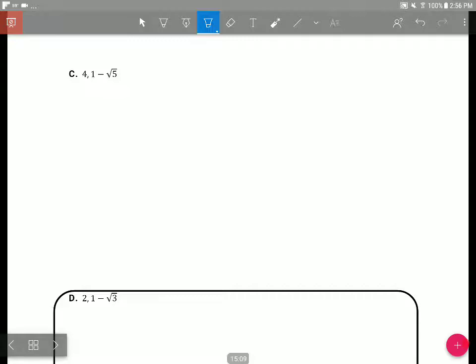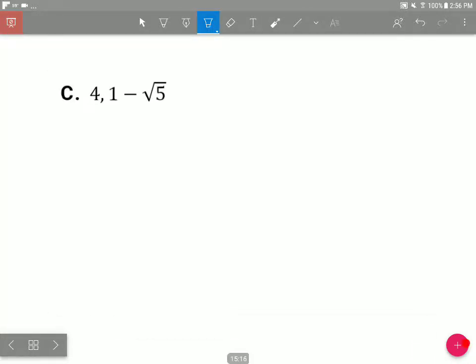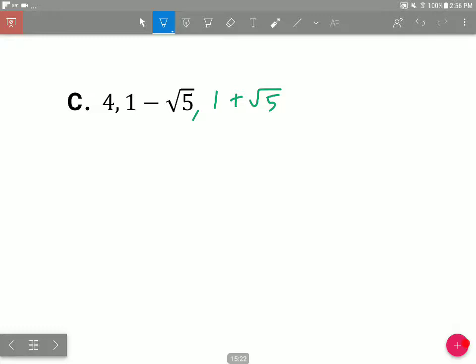All right, letter C. If I have 1 minus the square root of 5 as one solution, what would another solution be? Good, 1 plus the square root of 5. Okay? And so first things first, write out your factors. So instead of a 4, I can write what? Minus 4, good. And then I'll break out the brackets, and we're going to go x minus the first factor,